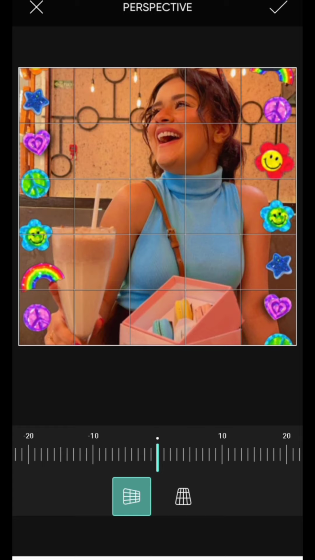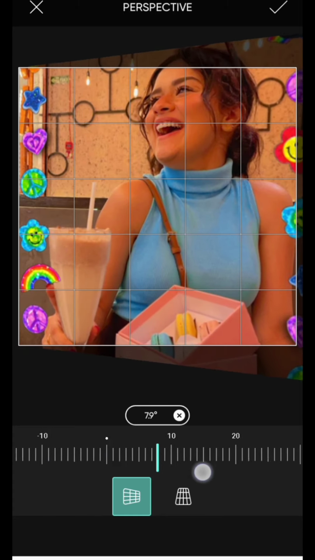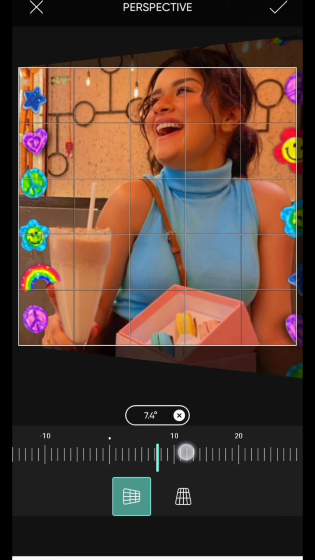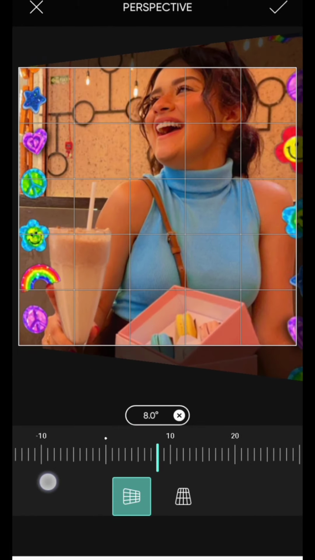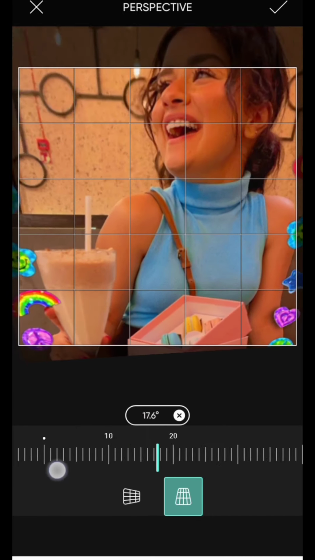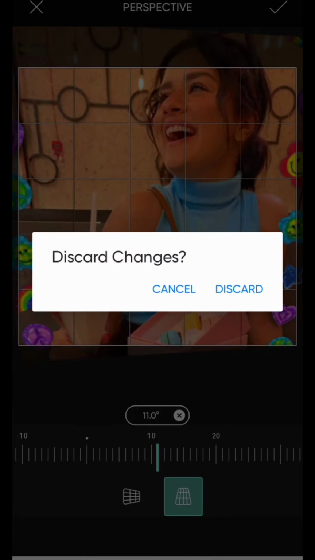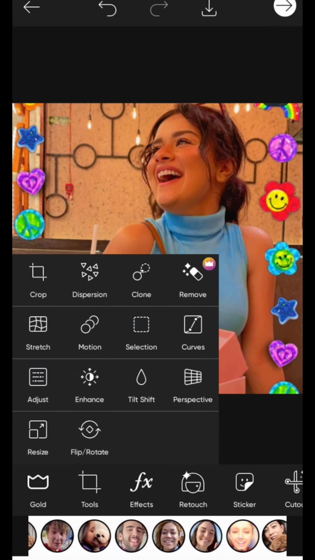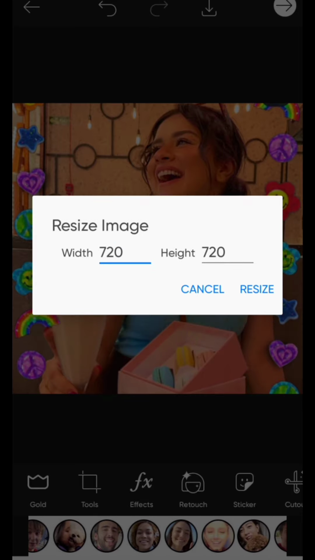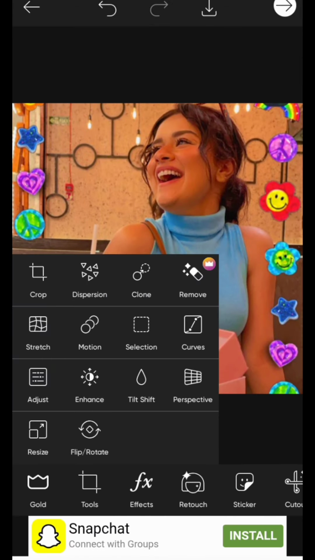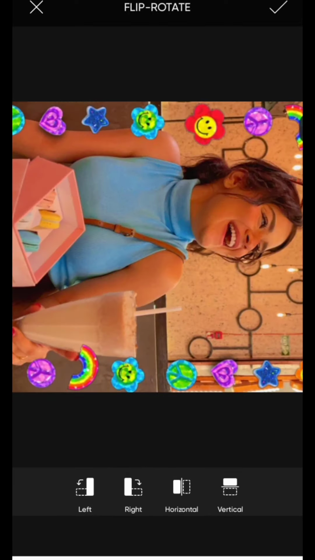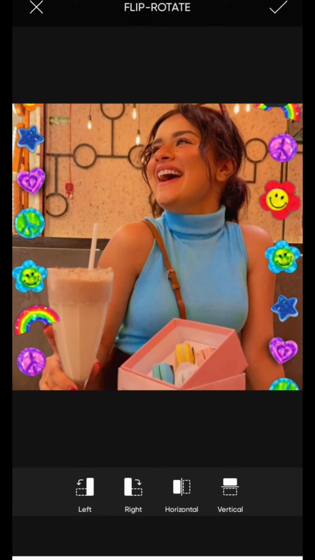So in the perspective, what happens is, for making the photo tilt or for making the photo move up like this, you can use the perspective tool. This helps in editing for idols and their followers increasing like this. We use it. Then is resize. You can select the width and height of the image. Next is flip or rotate. You can flip it and rotate it, anything you want you can do this. So this is the part of tools.